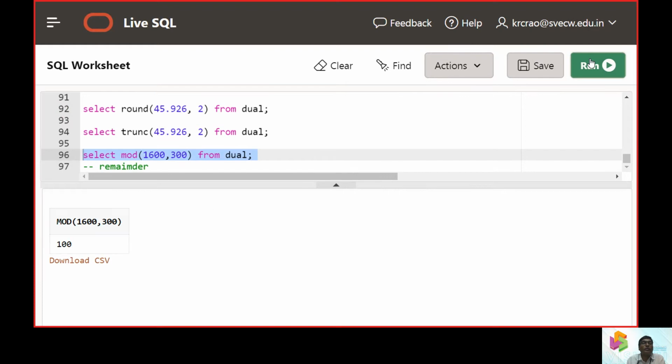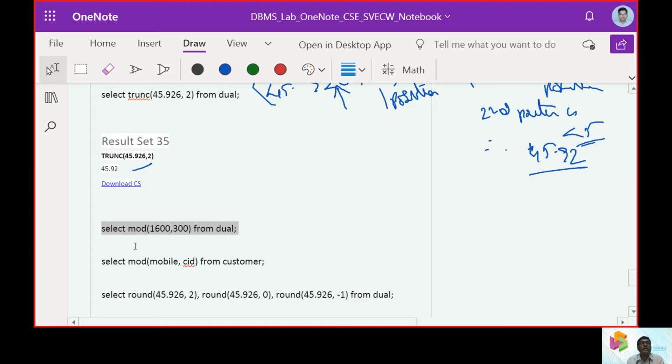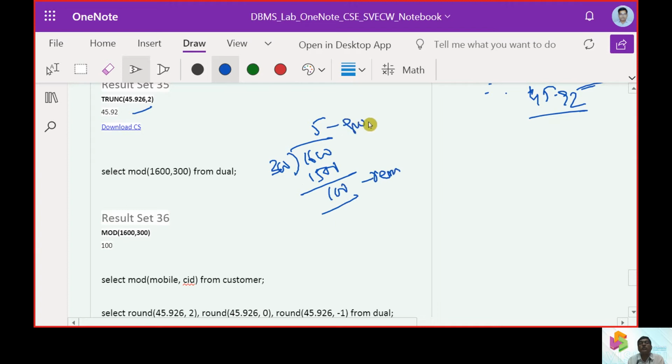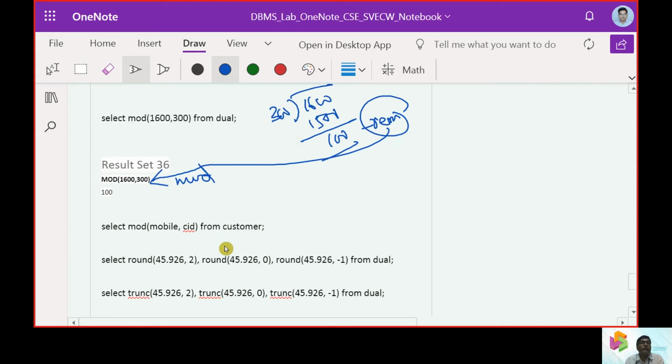Mod of 1600 and 300. We do have a remainder in this case. 1600 divided by 300 gives 5 and a remainder of 100. This part we call the remainder, and it is going to be printed as the modular value.